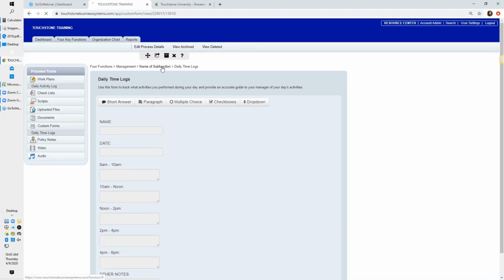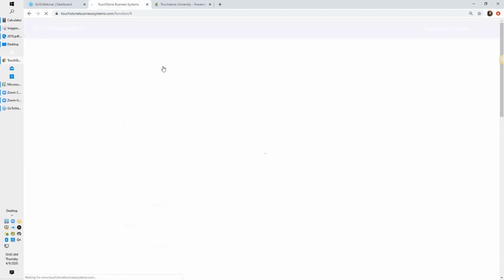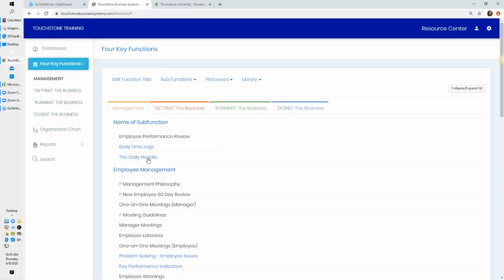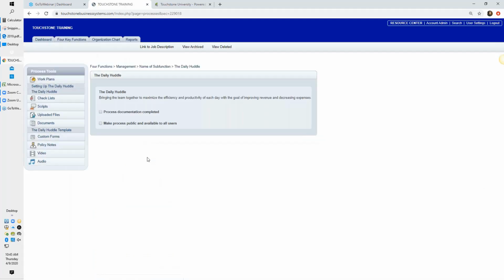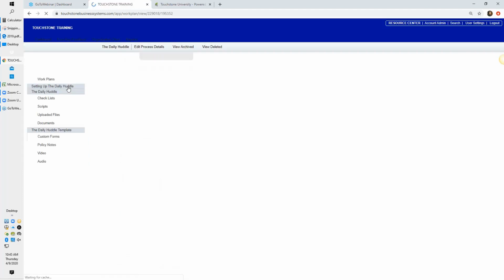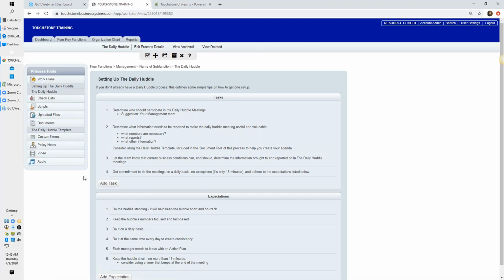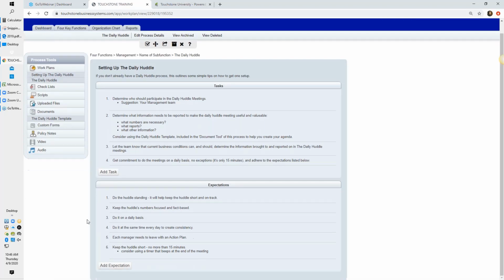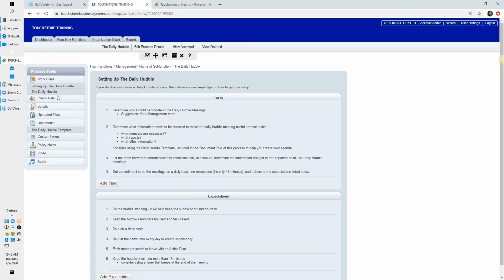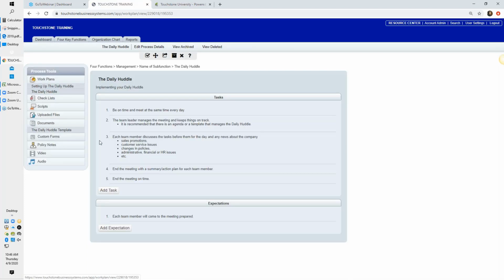So I'm going to go back here. Then we have this daily huddle. Same idea. There are a couple of work plans up here: setting up the daily huddle, a step-by-step for this, and a few expectations. Then there's a work plan on how to use this form down here and some suggestions on how the meeting would run. And then the heart of it is this document right here,